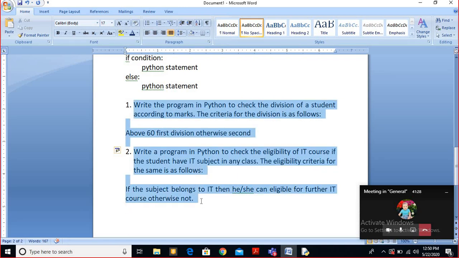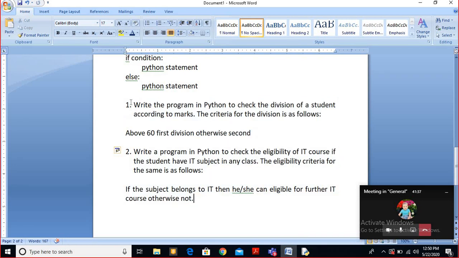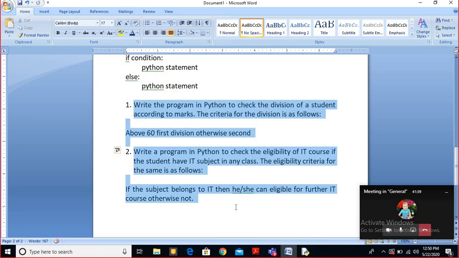Am I clear? It is necessary for you to submit, otherwise I will not allow anyone who has not submitted to attend the class. Am I clear to you? Say it. Yes, sir. Yes, sir.